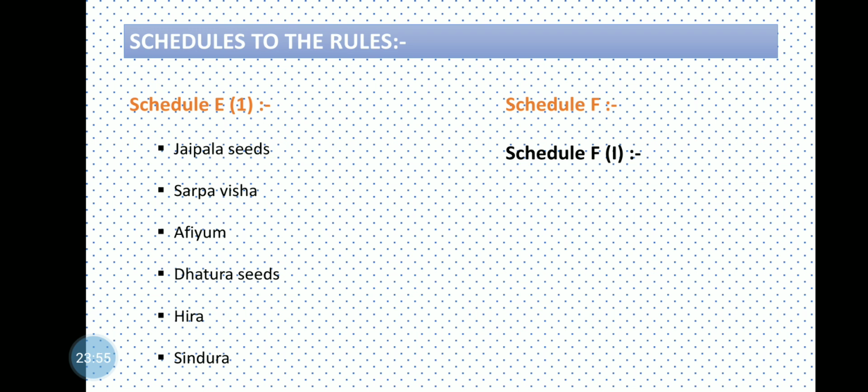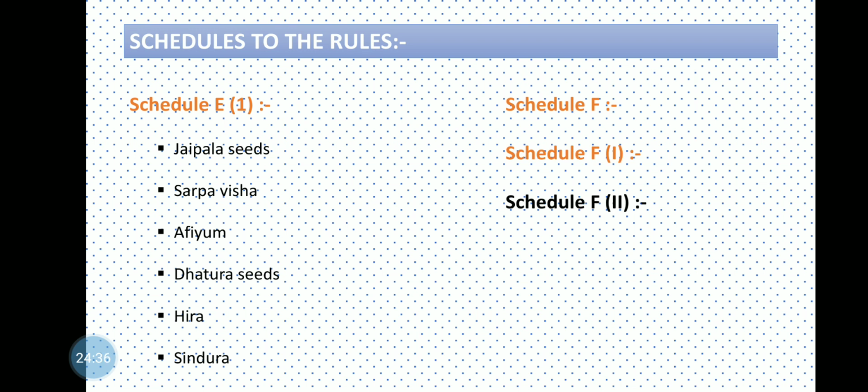If you are preparing a vaccine from bacteria, a vaccine which is prepared from viruses, antigens which are used in diagnostic procedures, if they are obtained from a living organism, then what rules and regulations are to be followed, what are the requirements that are specified in your schedule F1 related with bacterial vaccines, viral vaccines obtained from living organisms, and standardization of your diagnostic antigens. That is your schedule F1.